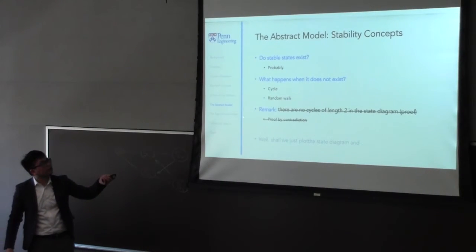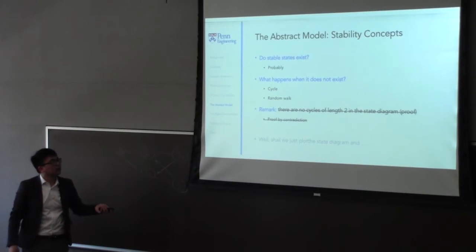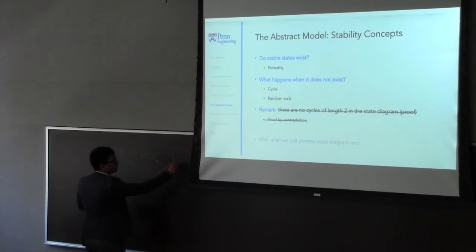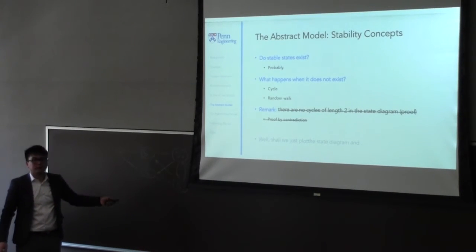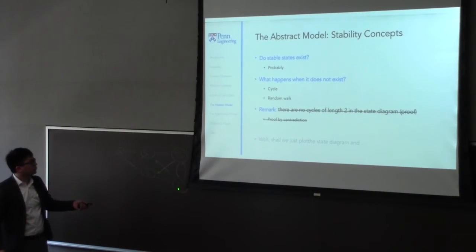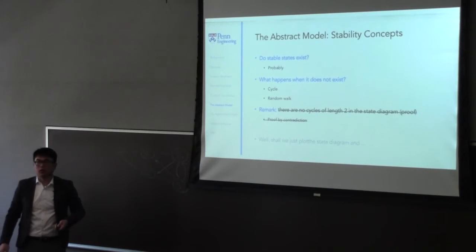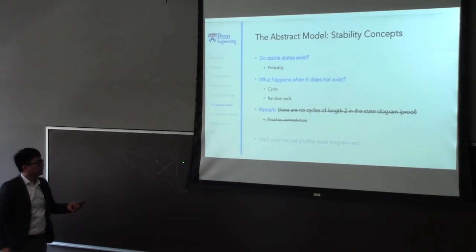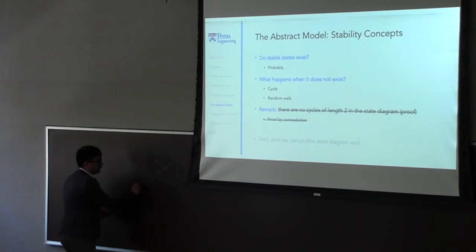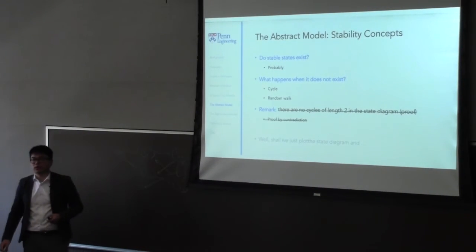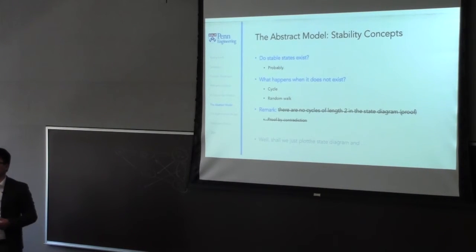I had an argument earlier, which I struck out, that there are no cycles of length 2, because I was thinking you can't do this. Because S3 and S4, by the earlier definition, have to be one player different, and they have to be one-player reachable. But this is possible if the agent involved in this transition has a strictly unchanged utility. So it basically oscillates between the two. Does that make sense to you?